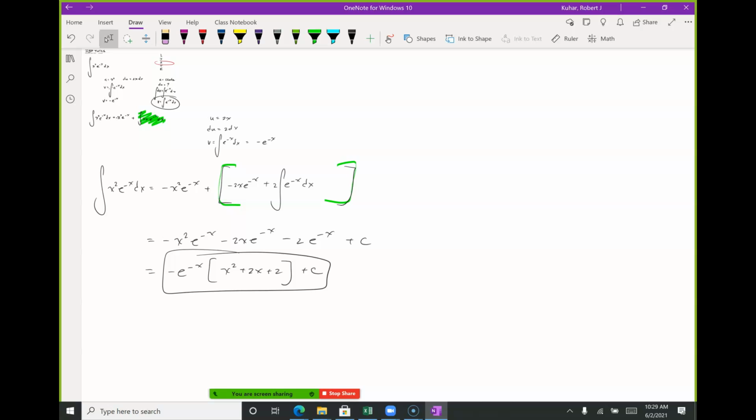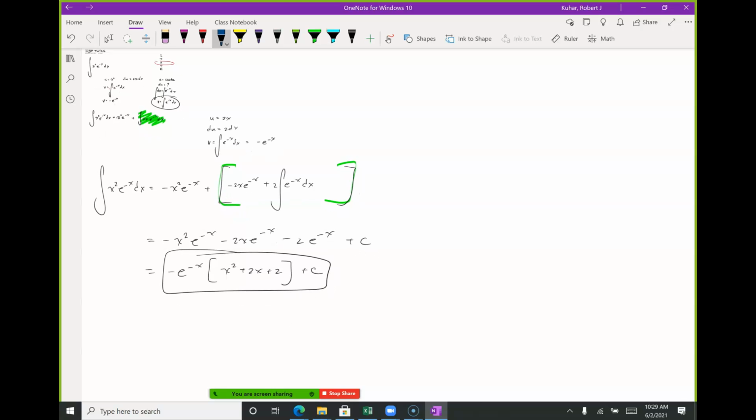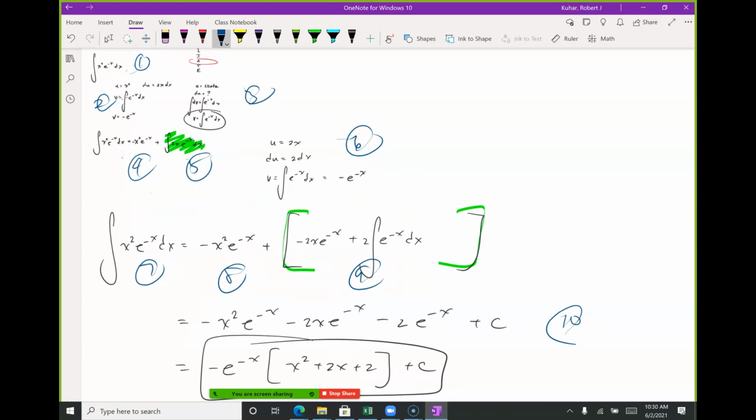Professor? Yes, Ashley. Can you explain how you got from the left side? Yeah. So can I go by the numbers? Yes. So 1, 2, 3, 4, 5, 6, 7, 8, 9, 10 and 11. Where are you? So on 7, did you just take the antiderivative? Okay. So 7